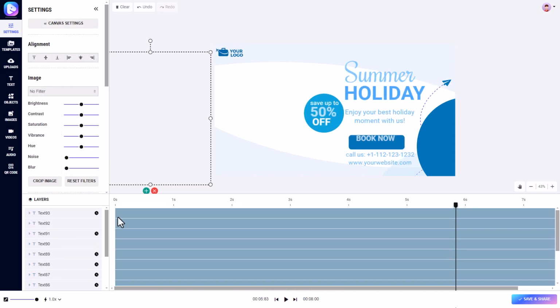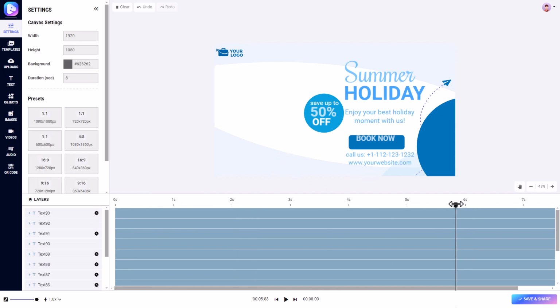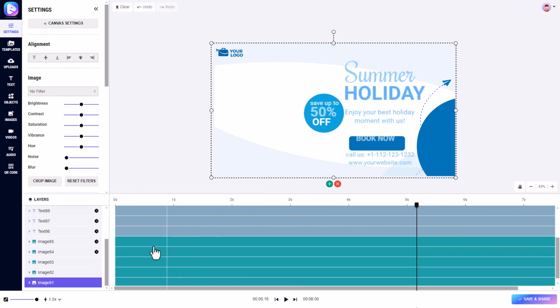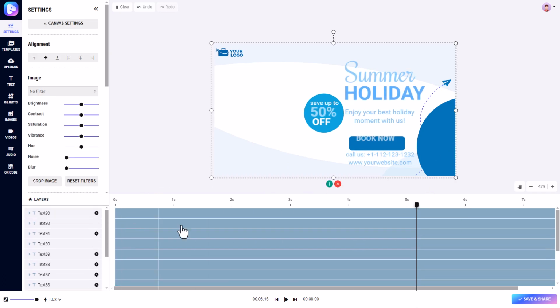So it looks like, even though I did this the other day when I first got this, I can't seem to change the animation, because you can change how things come in, but it just doesn't seem to be working today, which is not surprising. So if I click on this button, save and share, I can export this as a video, but it's a WebM video. So it's not an MP4, an animated GIF or an image, and it's just going to be a static image. If I export this as a video, there's a bit of a problem.